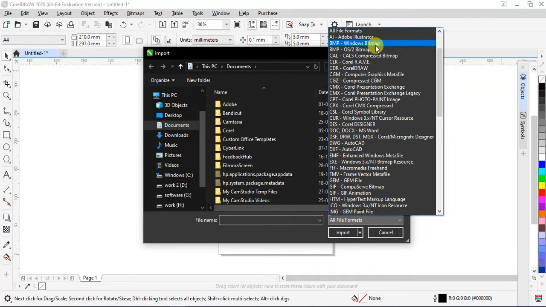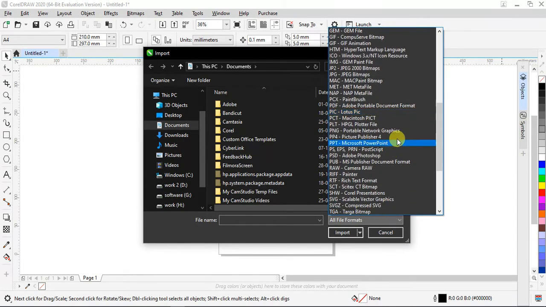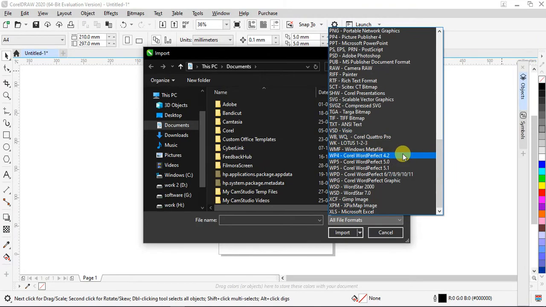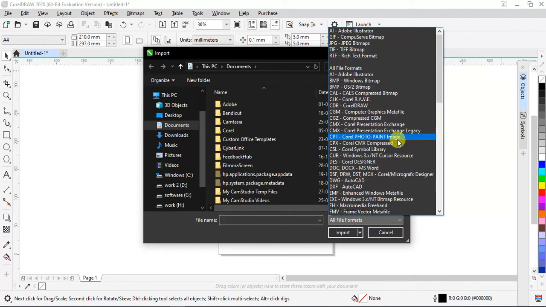All these file formats are supported in CorelDRAW. If you have any document whose file extension is available over here, then it can easily be opened in CorelDRAW. See, you have many options to import. Import means to open something from outside which is not a part of CorelDRAW. You can also open GIF, PDF, TIF. These are all different